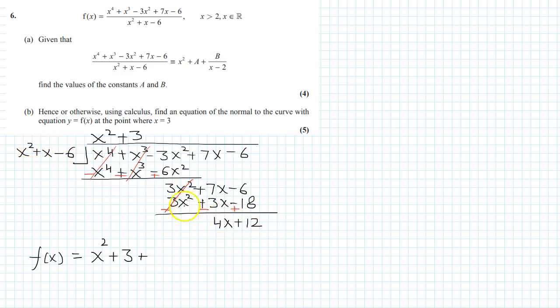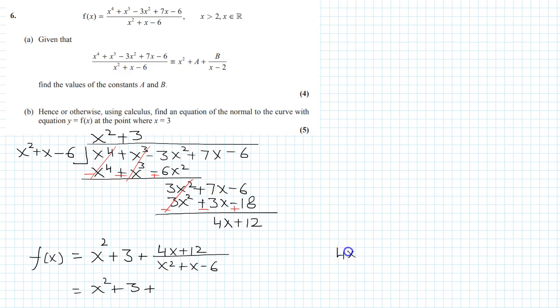If it were a quadratic we would have tried dividing by plus 1, but this is less, so we write it as 4x plus 12 divided by x squared plus x minus 6. So that is equal to x squared plus 3 plus